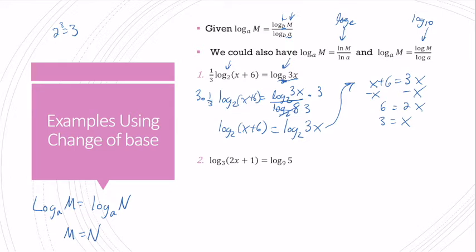Let's take a look at this second problem. So I have log base 3 of 2x plus 1 equals log base 9 of 5. I need to get both of these to have the same base, so I can use this theorem right here on the bottom. Well, I've got 3 and 9. I know 9 is 3 squared, so I'm going to use the change of base theorem on the right-hand side. So now I have log base 3 of 5 over log base 3 of 9 equals log base 3 of 2x plus 1,